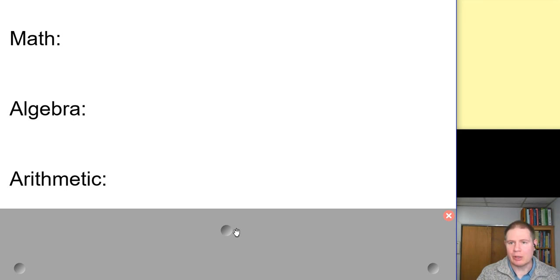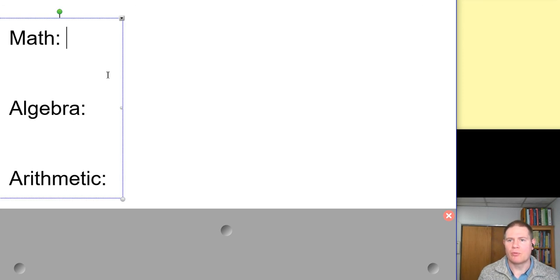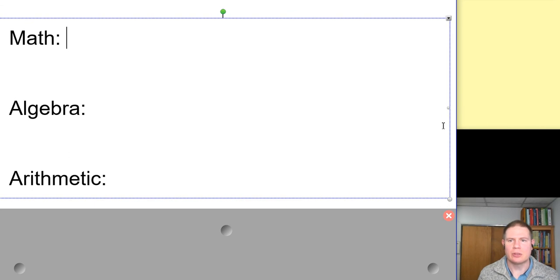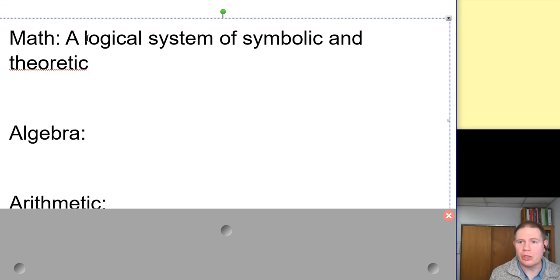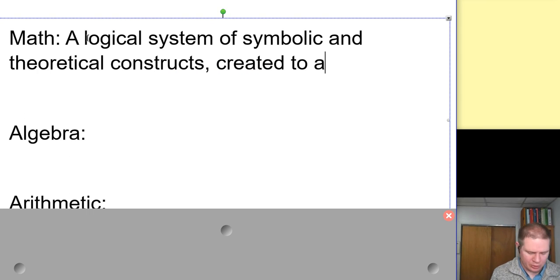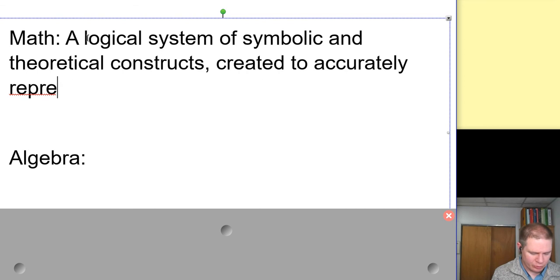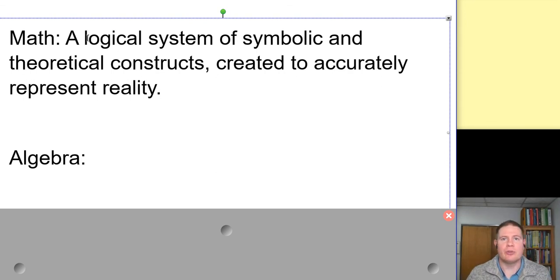So I'm going to give you my definitions for what we mean by each of these terms, starting with the most fundamental, mathematics. Math is a logical system of symbolic and theoretical constructs created to accurately represent reality. And unlike some videos that are very polished, I'm intentionally typing things out as we go, trying to replicate